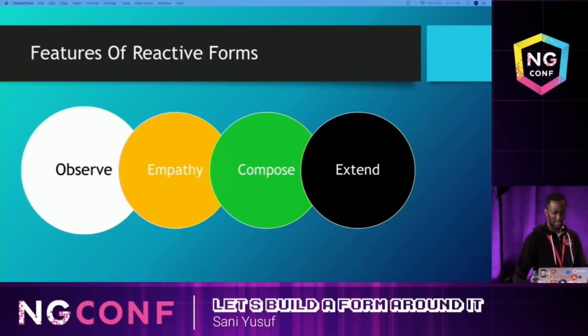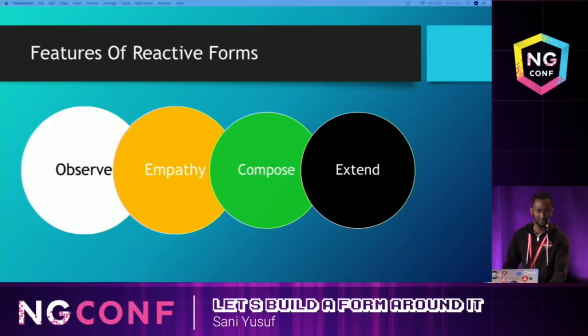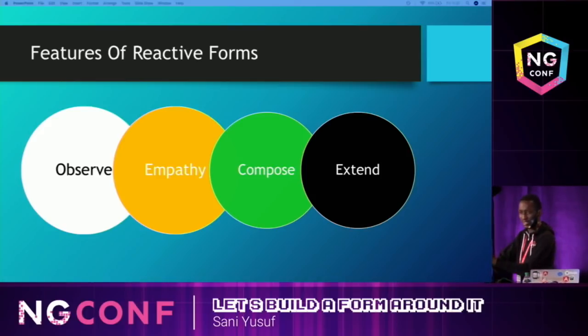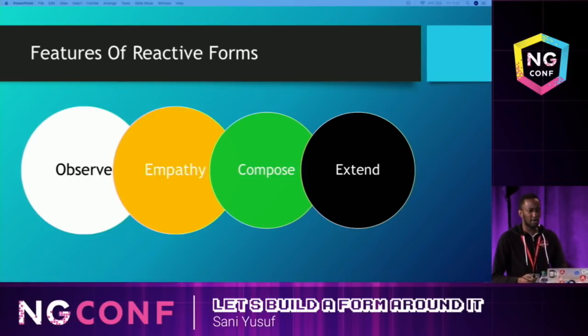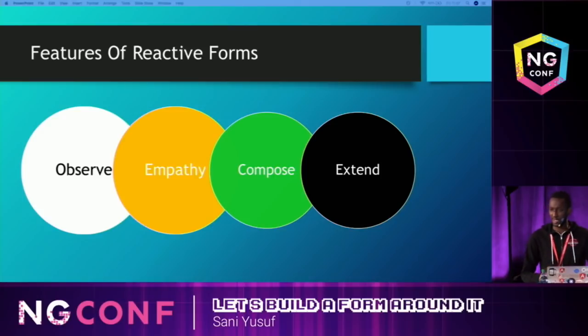Interesting times. They need to have empathy. You need to think like the user. Because your user is typing, say for example, something like an American phone number. And some websites say 334, correct? 334. But if the user just decides to type everything without the dashes, or maybe he decides to use a dash, maybe you should allow them. You can do that validation on your own. You can remove the dashes because that's what they're used to.